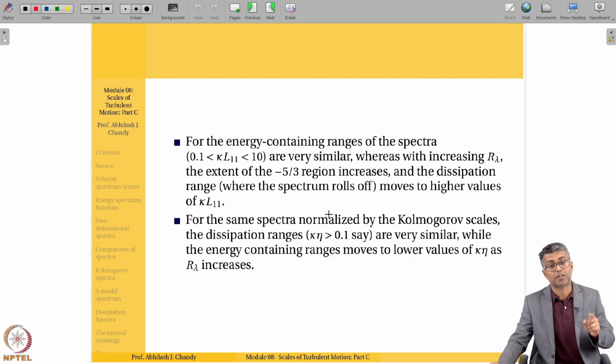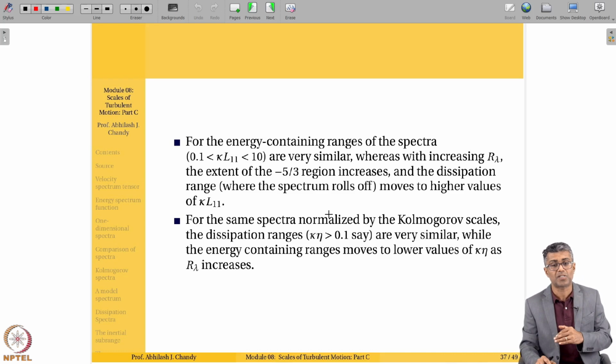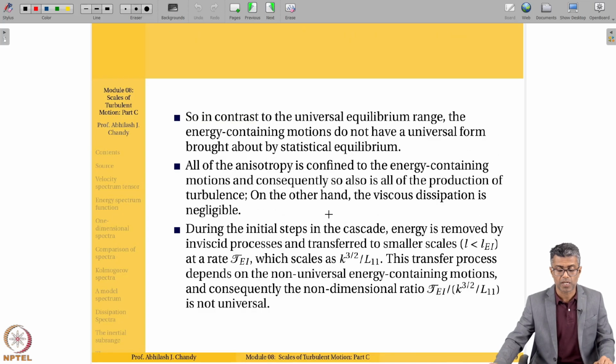Now for the same spectra normalized by the Kolmogorov scales, here you're normalizing it with the Kolmogorov scales so that you can see the universal equilibrium range, and that would indeed be universal. And here also the dissipation ranges are very similar, while the energy containing range moves to lower values of k eta as R lambda increases. What do I mean by that? If you see here,